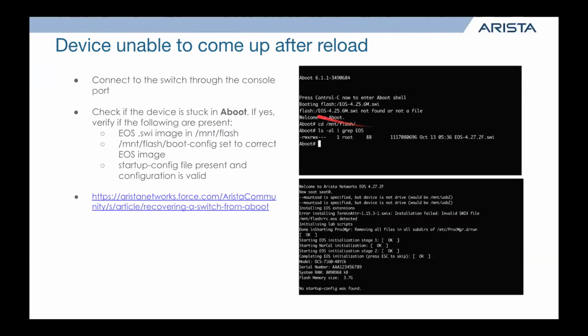Now, besides those general questions, actual issues that customers see with the upgrades or reloads, most common would be we reloaded and the switch didn't come back. And what we recommend in those scenarios is get a console connection and see what's going on. Generally, you'll see you're in this Aboot shell. Again, that's our bootloader. This will happen if people forget to check the checksum of the file and it accidentally got corrupted during download. So when they try to boot it, the system says, this is a corrupted file, I can't boot what you're trying to tell me to boot. So it falls back to this Aboot shell.